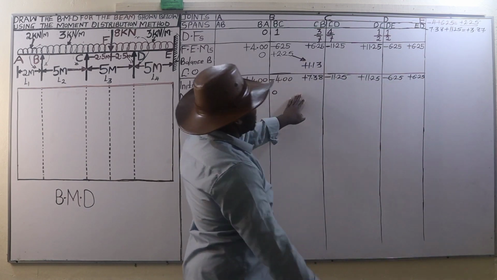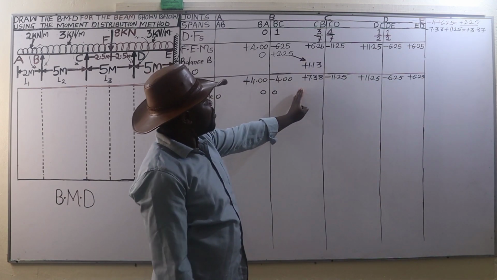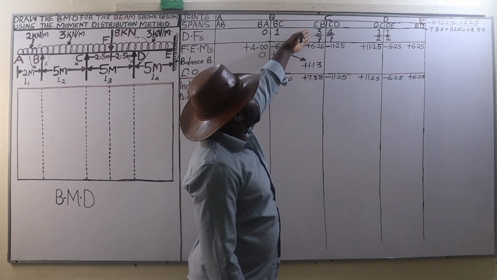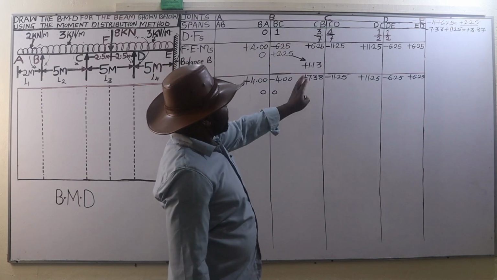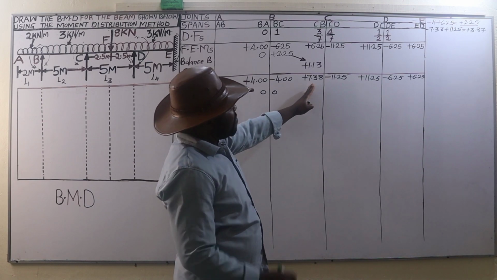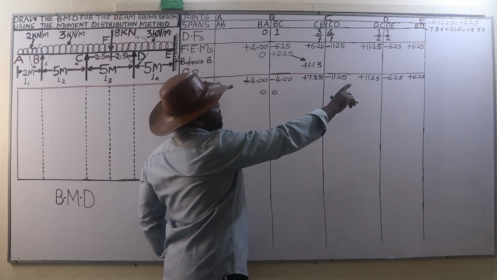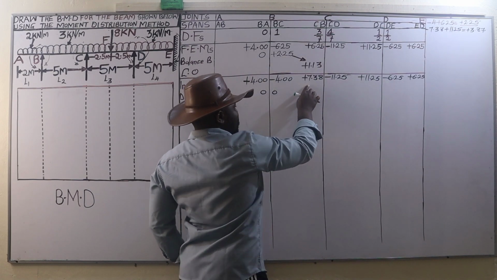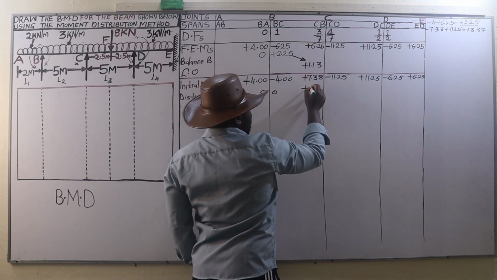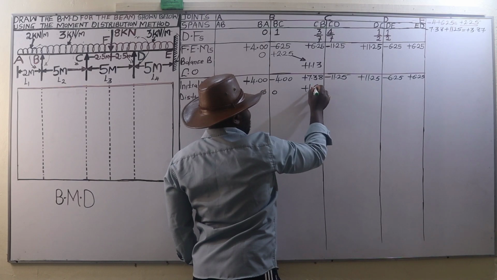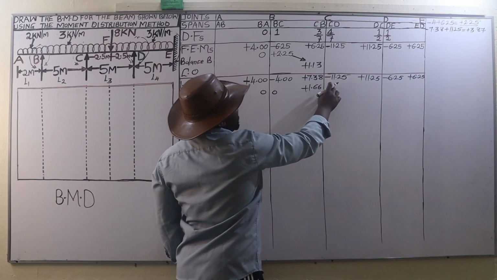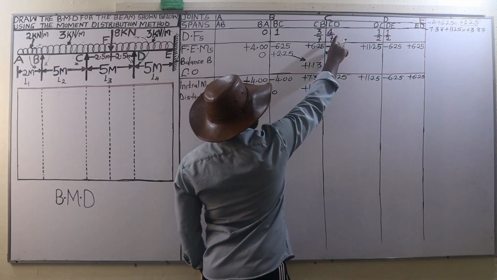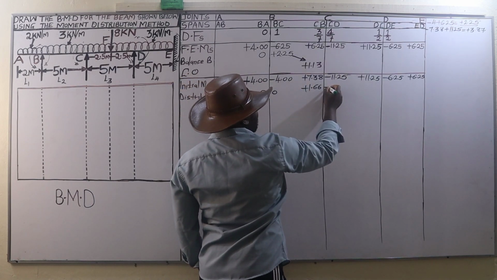Then that positive 3.87 we are going to distribute on each member using the distribution factors. So on the member CB we are going to have 3.87 times 3 divided by 7, which is going to give us positive 1.66. On the right hand side, that is CD, 3.87 times 4 divided by 7, that's going to give us